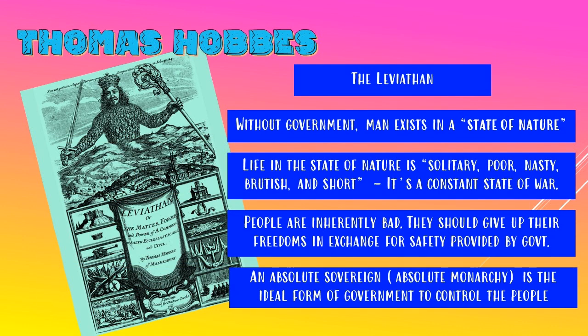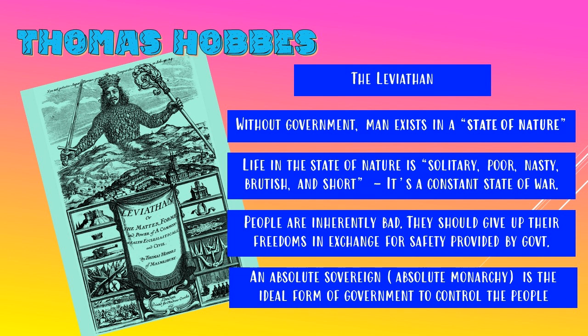All right, so the first thinker we want to talk about is Thomas Hobbes. Thomas Hobbes writes this book called The Leviathan, and you will see this famous quote over and over again. He says, "Life in the state of nature is solitary, poor, nasty, brutish, and short." His big idea is what we call the state of nature. He is describing what would life be like without any government at all.